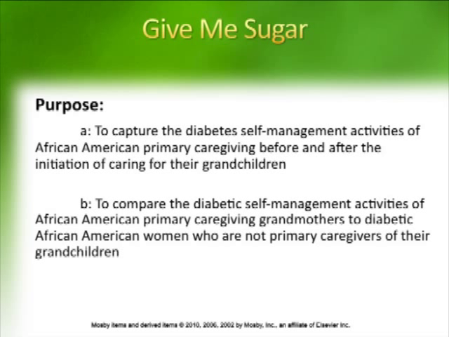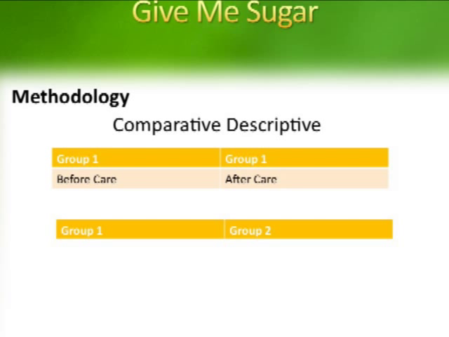It was to capture the diabetes self-management activities of African American primary caregiving grandmothers before and after the initiation of caring for their grandchildren, and B, to compare the diabetic self-management activities of African American primary caregiving grandmothers to diabetic African American women who are not primary caregivers of their grandchildren. So you can see that if we look at those purposes, you come up that it is a comparative descriptive